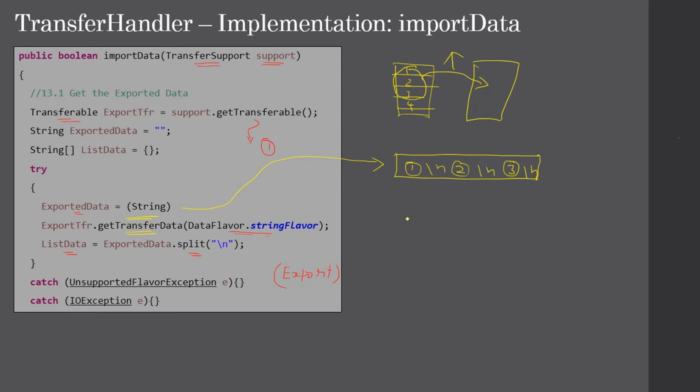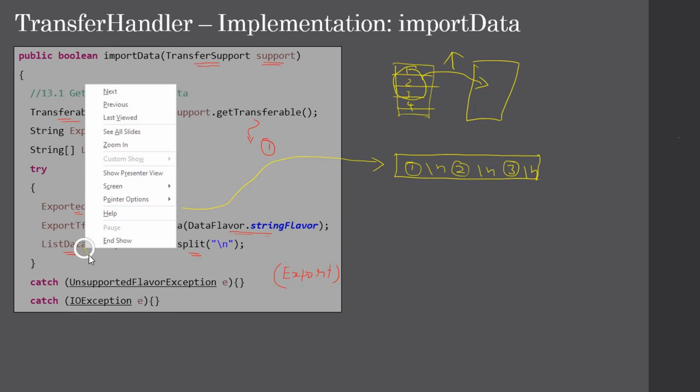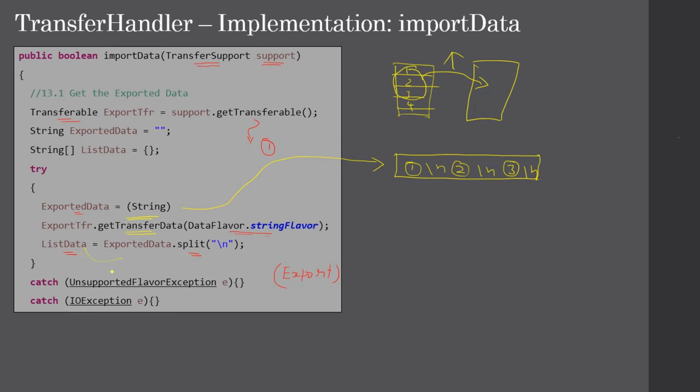Then using the split function, this one is the list data, right? And list data is nothing but our string array, and in the string array we actually get all the data that needs to be imported here in the target. We get it like this because this is in string format and this is an array for internal usage. So importData is not yet finished, and if you see the method called getTransferData,